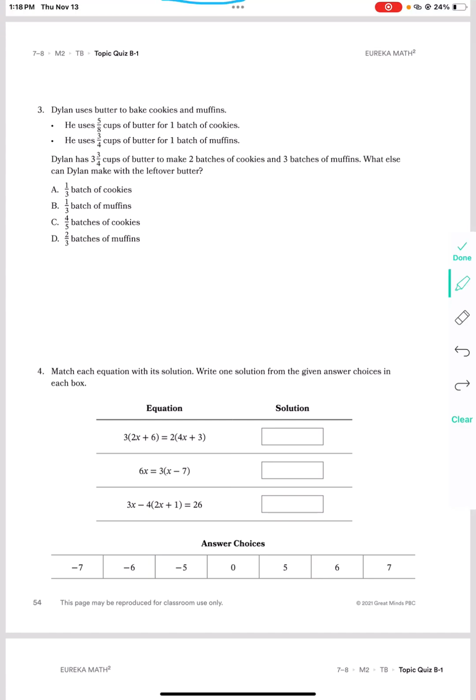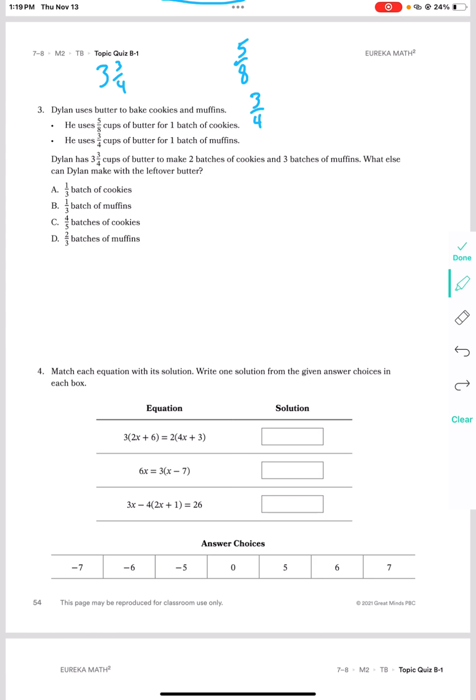So breaking this problem down, if we analyze it, we first need to figure out how much butter Dylan has left from the 3 3/4 cups that he had. In order to figure that out, we have to look at what he made. He made 2 batches of cookies and 3 batches of muffins. So I know a batch of cookies takes 5/8, and a batch of muffins takes 3/4. I also know that he has 3 3/4 cups of butter that he's using. So that we're talking about the same thing and everything looks the same, I will want to find